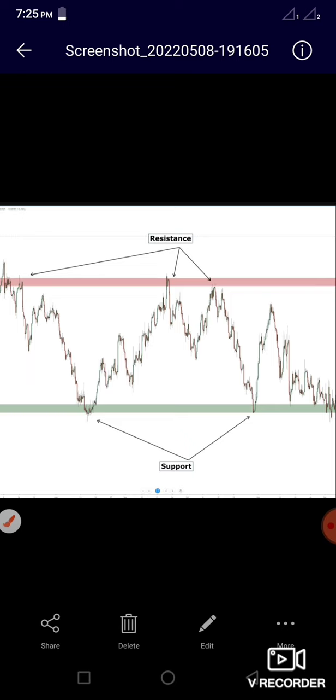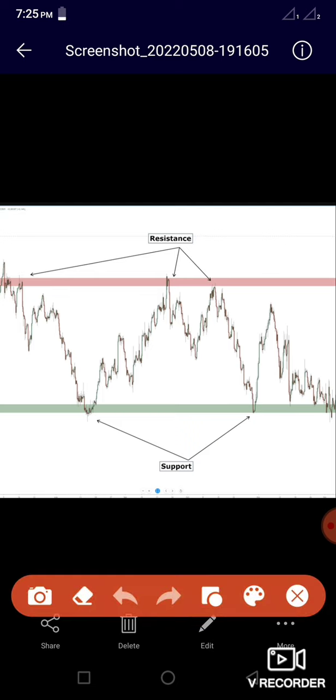Then don't forget about the resistance, where the exchange rates were resisted. So we have the resistance at the top, which allows the traders to place sales, and we have the support at the bottom, which allows the traders to place buy. But these lines cannot exist as horizontal lines only. They can be perpendicular. They are in various forms, like you can see them